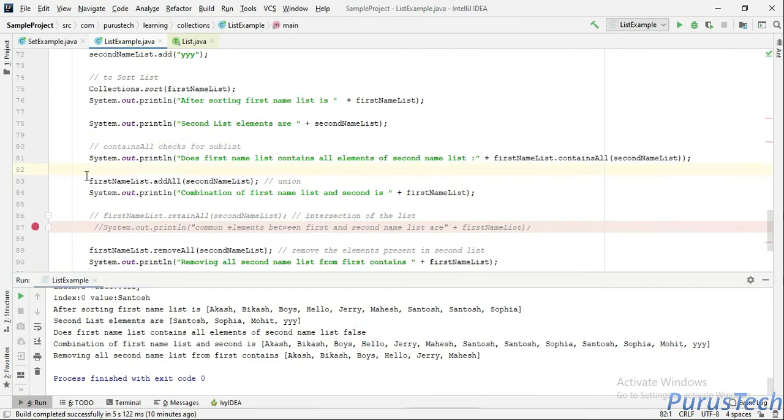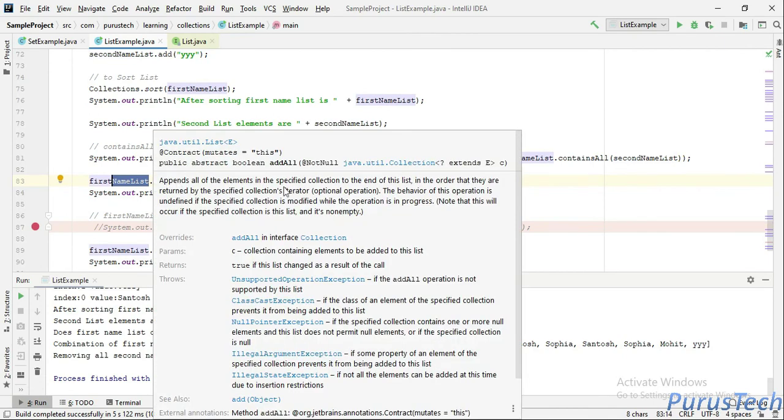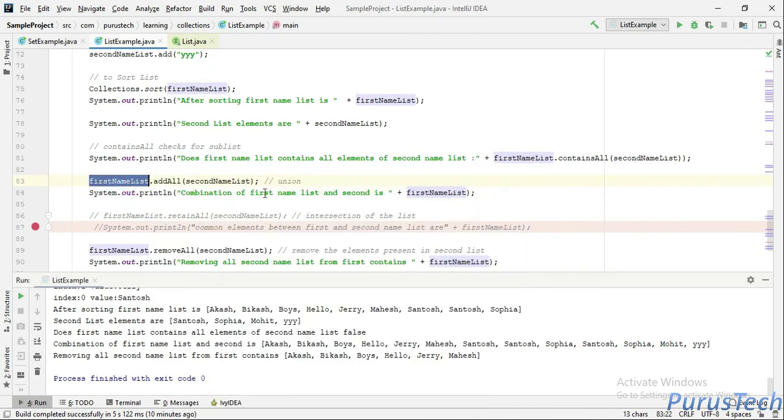Now let's come to the addAll method. The addAll method is pretty similar to the add method. Add just adds one element to this particular list. The addAll method takes the collection which has to be added. Let's say this collection has some elements. All these elements in this collection will be added to this list at the end of the current list. So what is the second list here?